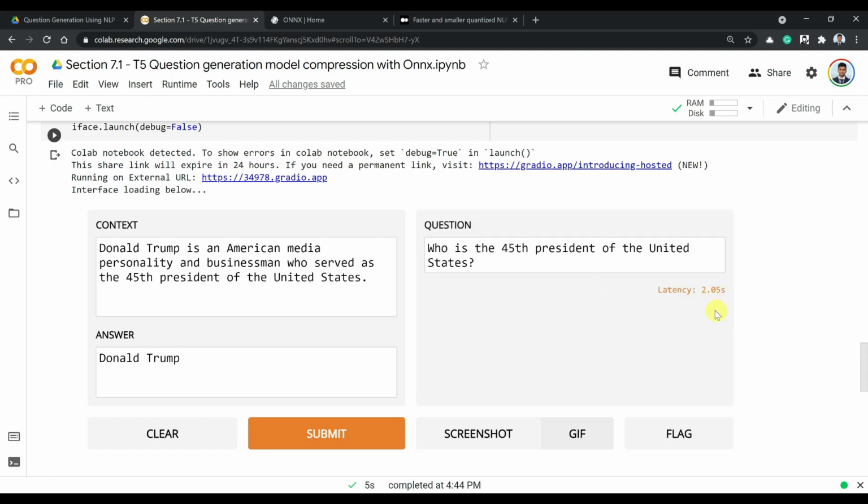See, it took almost 2 seconds, 2.05 seconds, and it generated the question based on this context and answer. And now you can change your answer to something like, let's say, United States, and run it again. You will see a new question generated: what country did Donald Trump serve as president of? Perhaps you can change again to a different answer.